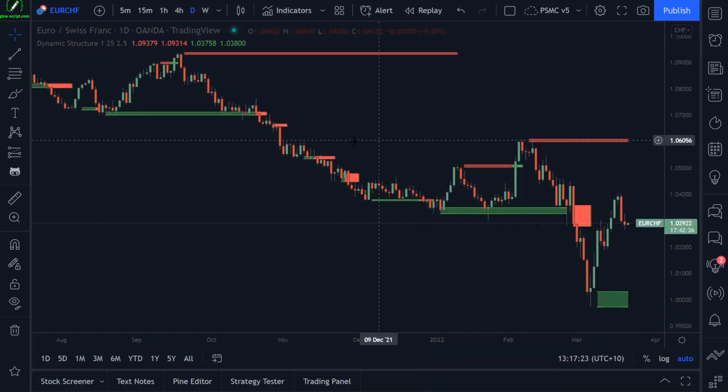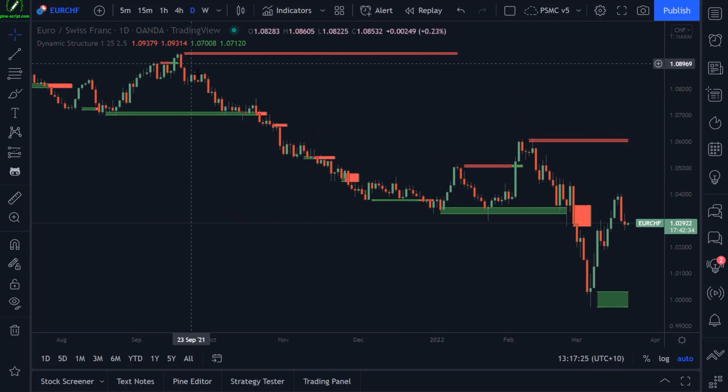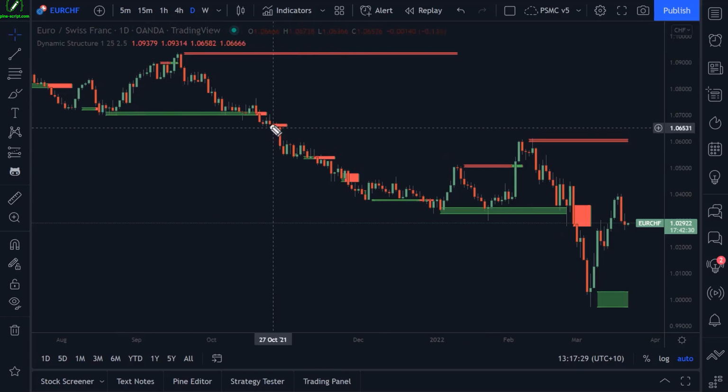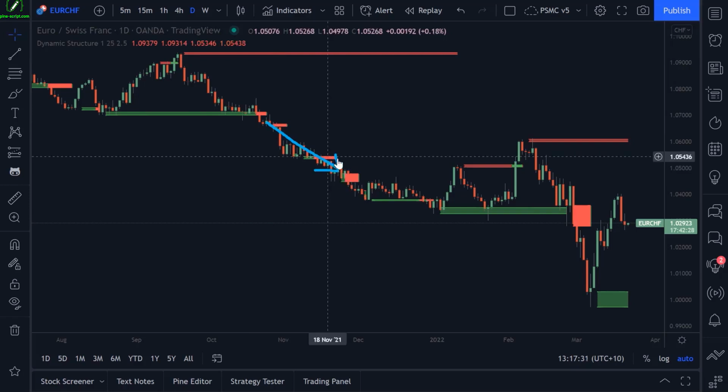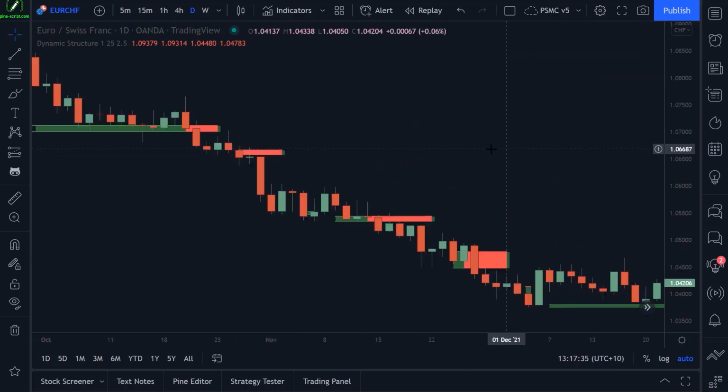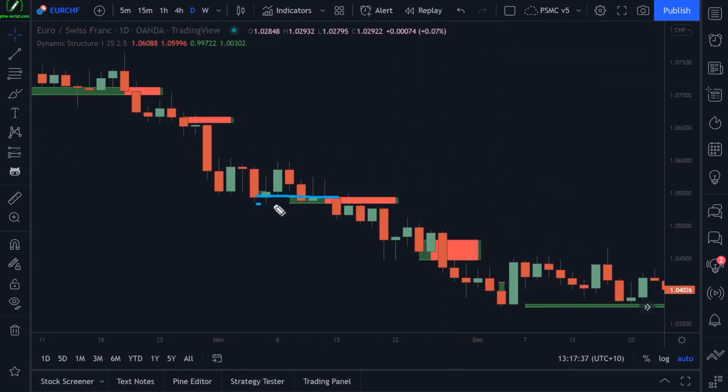Now, as you can see, the script is not perfect. It does a decent job of detecting major swing highs and lows, but during a trending market especially, the script really struggles to detect valid support and resistance. It does a decent job, like this right here, I would consider a valid resistance zone,